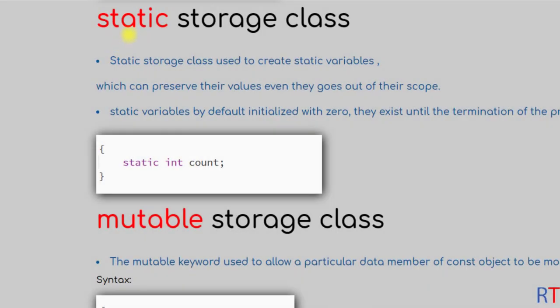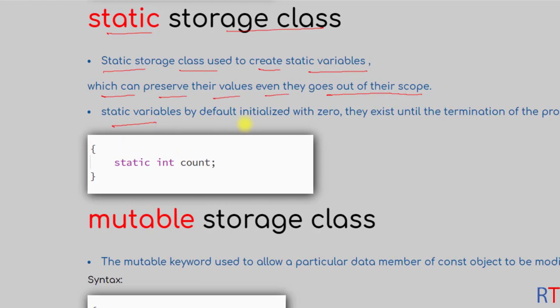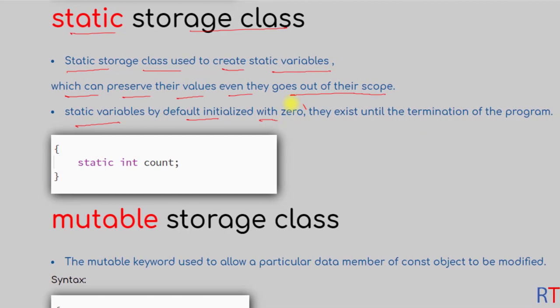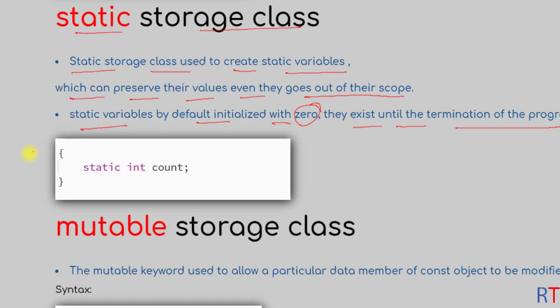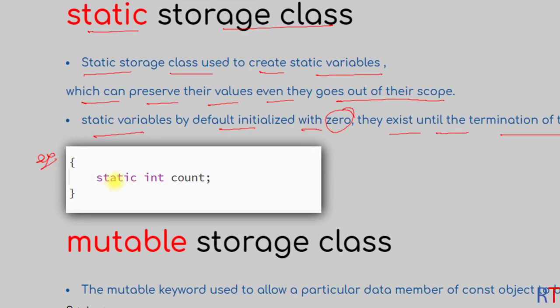So now let's talk about the static storage class. The static storage class is used to create static variables which can preserve their values even when they go out of their scope, and the static variables are by default initialized to 0 and they exist until the termination of the program. And the syntax is, first we have the static keyword, then the variable data type and the name of the variable,